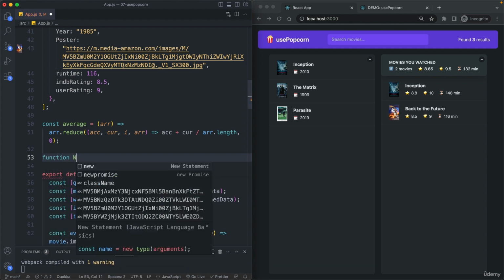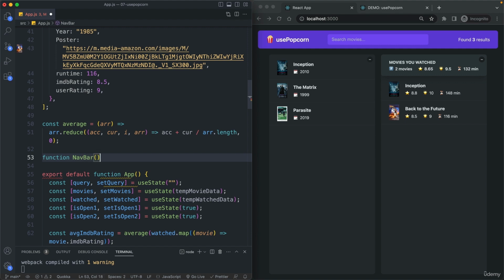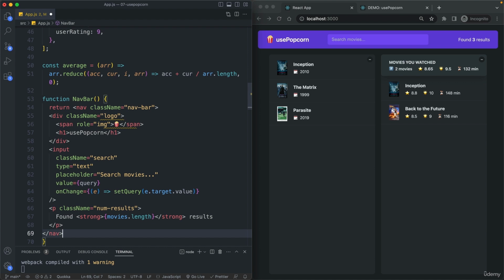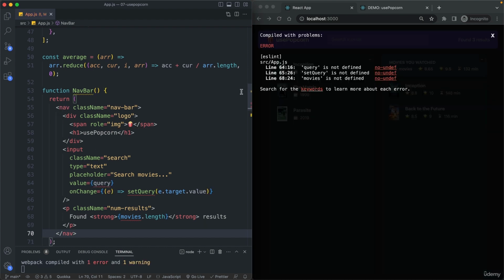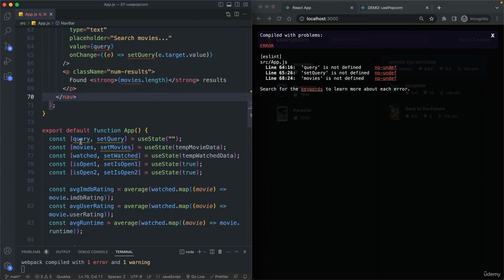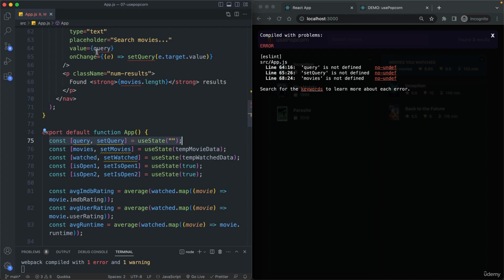So let's write function navbar and then return simply this. Give it a save, and now it's complaining here. So we now need to also move this state here into this other component. This one here is depending on query and set query, and so therefore we need to move that state